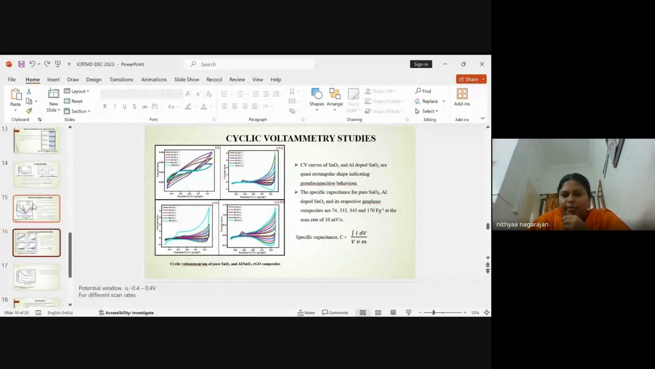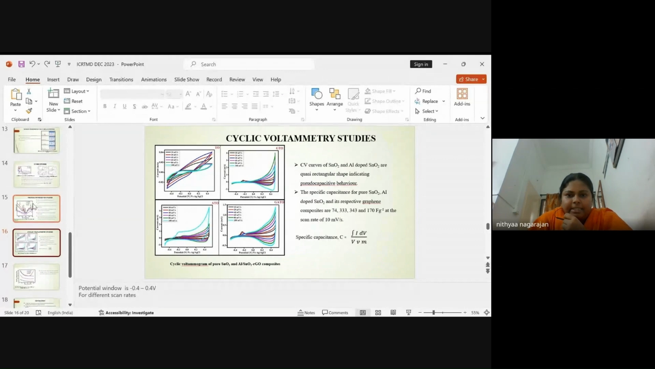The cyclic voltammetry studies were taken for all the samples at different scan rates in the potential window of minus 0.4 to plus 0.4 volts. The specific capacitance values of all the samples were studied at the scan rate of 10 millivolt per second and were found to be 74, 333, 343 and 170 farad per gram. The CV curves of tin oxide and aluminum doped tin oxide are quasi-rectangular in shape, indicating the pseudo-capacitive behavior of the